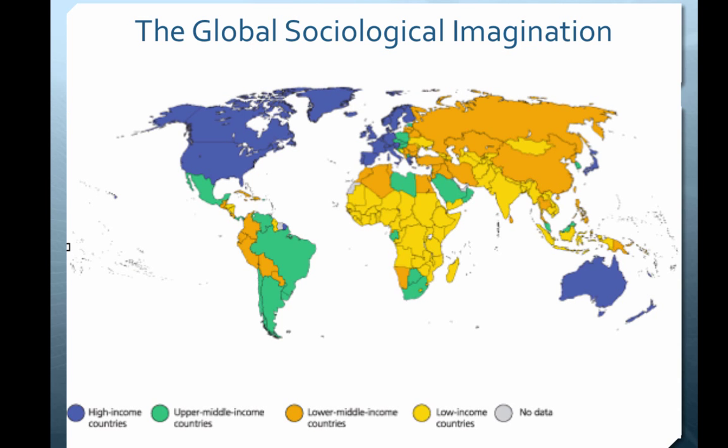Now, when we look at this on a more global perspective, I'm showing a map of the world divided into higher income countries, middle income countries, and lower income countries. And this global sociological imagination is about looking outside of what we see our world to be and understanding that other parts of the world, in some cases, are similar and in other cases are quite different. And rather than judging them versus our own, we use our sociological understanding of the world to see their world from their perspective as best we can. And that takes a lot of practice. Sociological imagination isn't something that comes easy.